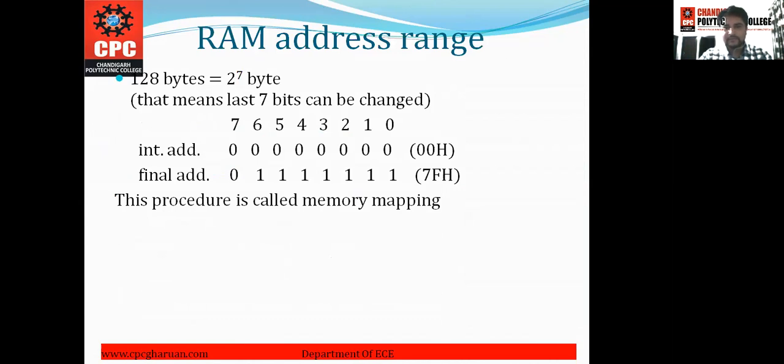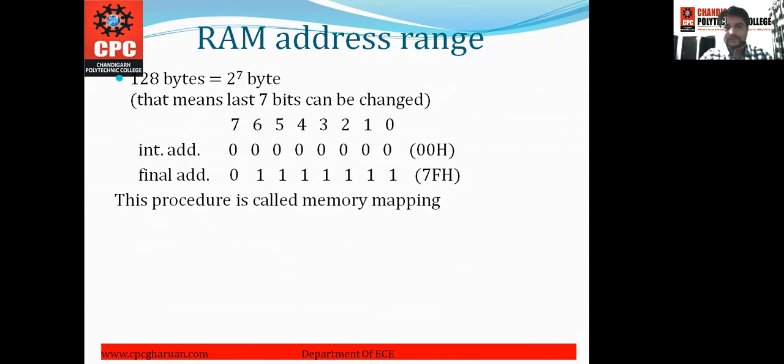If we start from 0 towards 7, these are a total of 8 bits, and its initial address makes 4 times 0 and 4 times 0, that is the 00H, and the final address is 0 1 1 1 1 1 1 1, that is the 7FH. As we have 2 raised to power 7, so we can change its 7 bits. The 7th bit will remain 0, that is the 7F range.